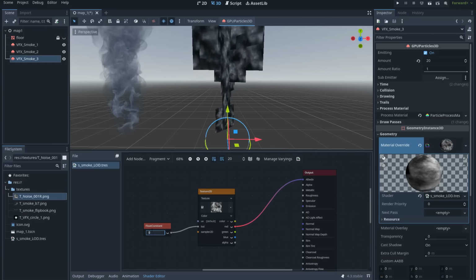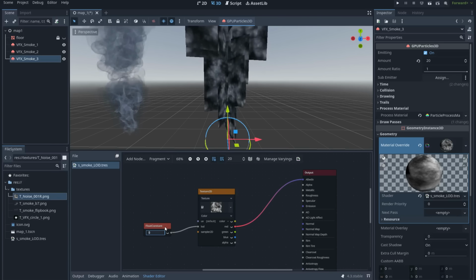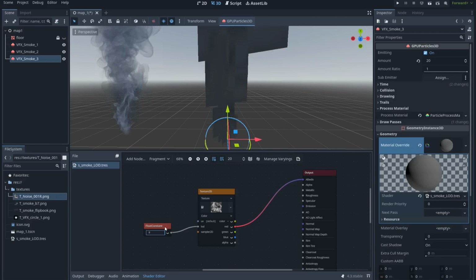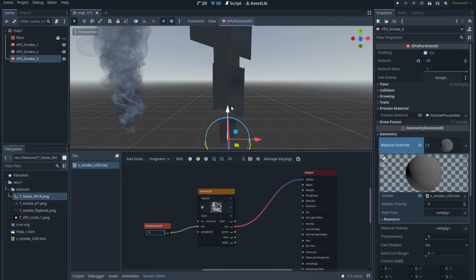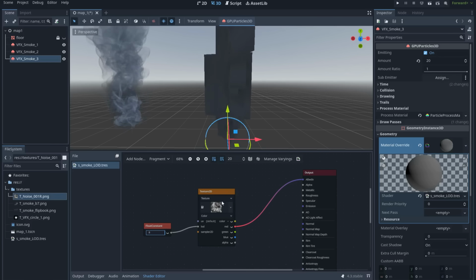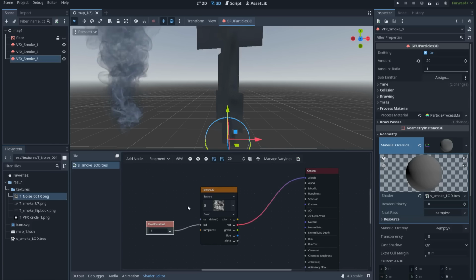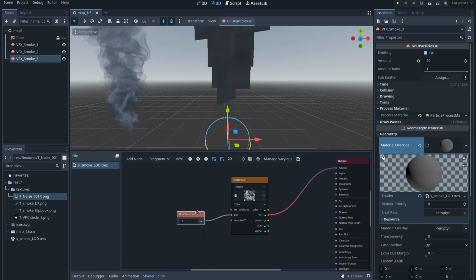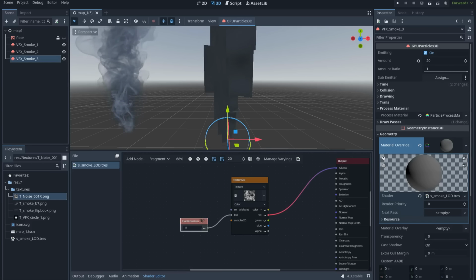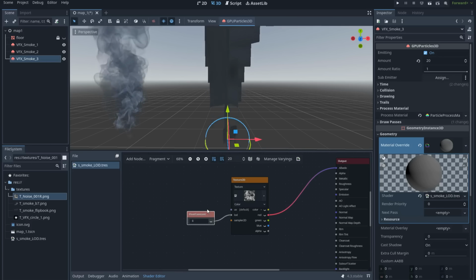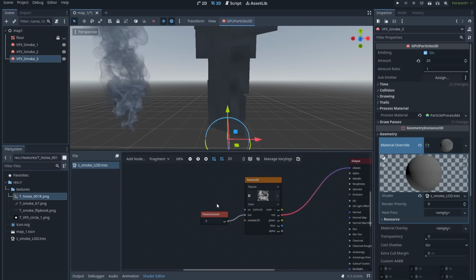And as we go into a higher value, for example, 8, you can see how the texture looks really ugly because the resolution of the texture is 8 times lower than the original texture. So the trick is I want to control this number to go from 0 to 8 over the time of